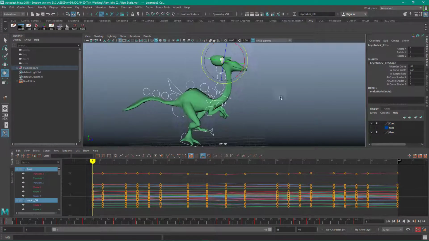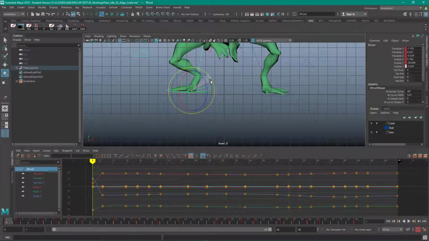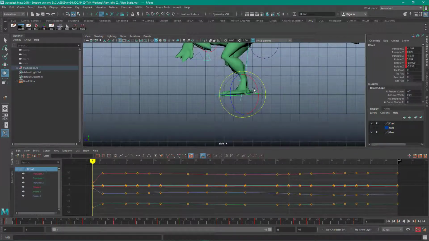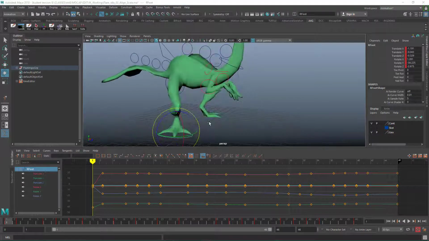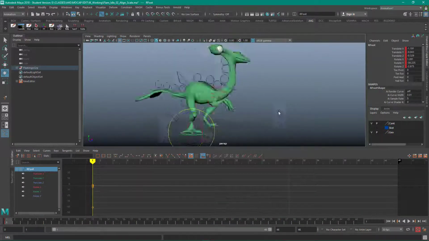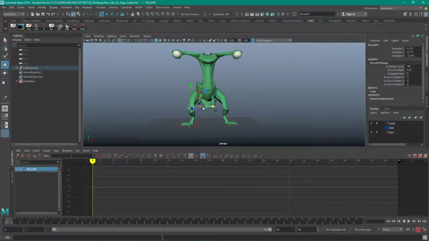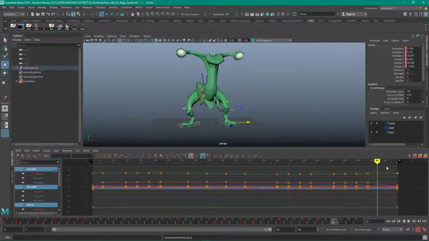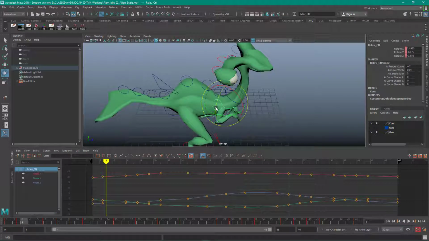So now what I'm going to do is take the feet and lock them. So just straighten them out, orient them, put them on the ground, and set the keys on them. And so then once those keys are set, at frame 1 you can just blow all the other curves away and then copy them and put those same curves on the end frame. So now the feet are locked, and if the feet were walking, then you'd have to adjust each